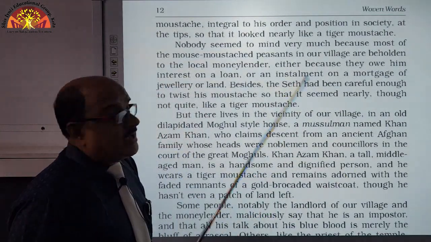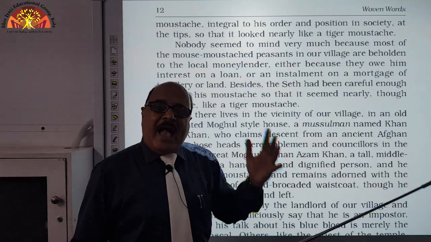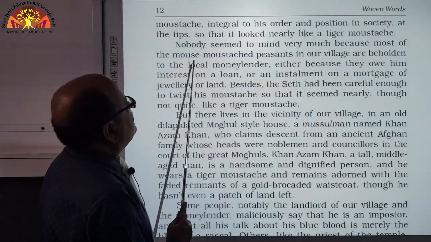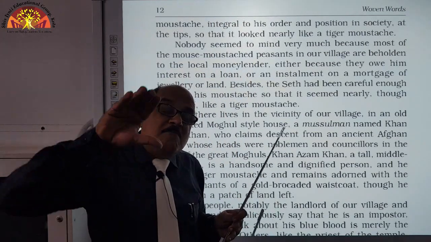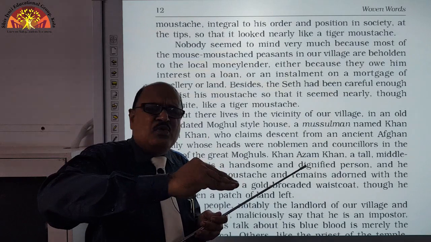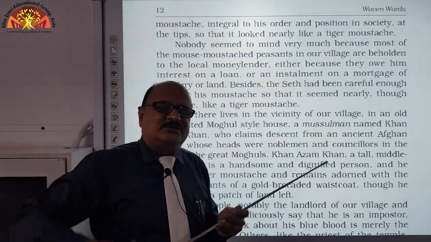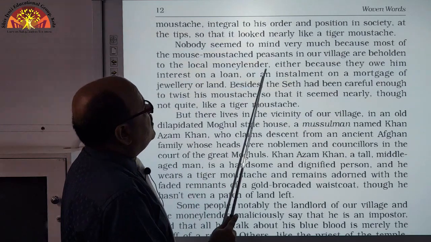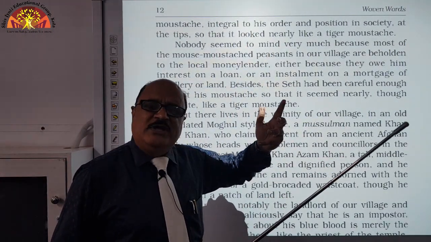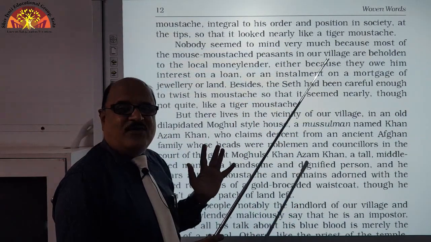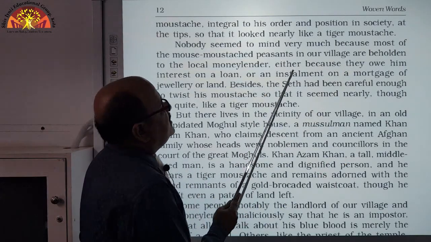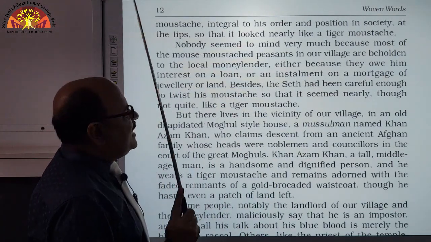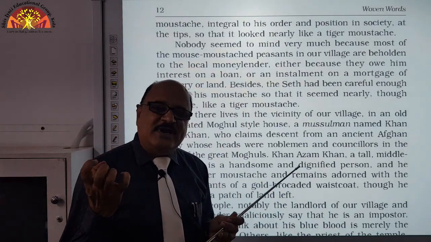Why? This is one of the questions: why were the villagers not able to do anything against Ramanand? Look, the reason is nobody seemed to mind very much, because most of the mouse mustache peasants, the last one is mouse mustache, you know, very poor people like peasants and farmers used to have this kind of mustache. So these mouse mustache peasants in our village are beholden to the local moneylender, means he had lent money to these poor peasants. That's why they were overburdened, right. Either because they owe him interest on a loan or an installment on a mortgage of jewelry or land. They had already borrowed money from this moneylender,